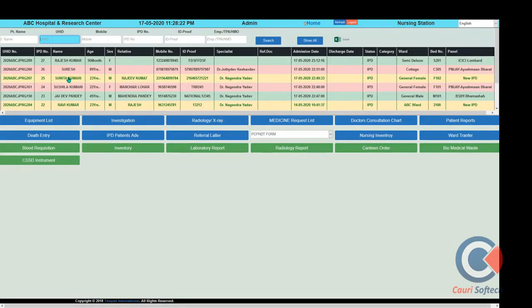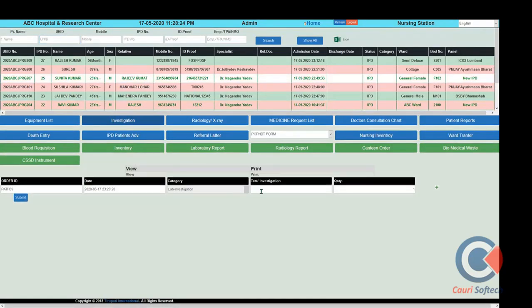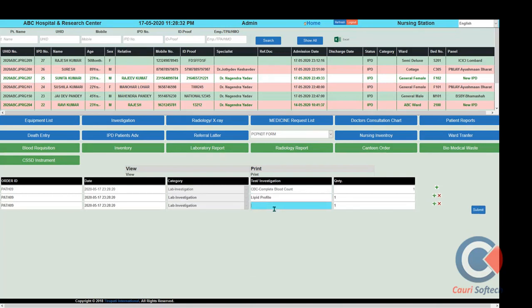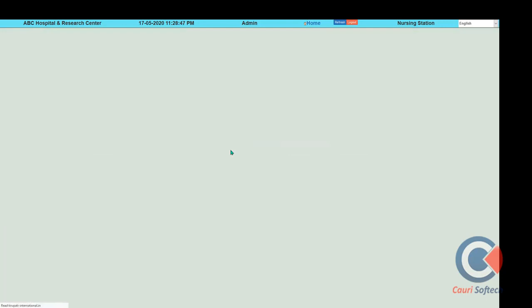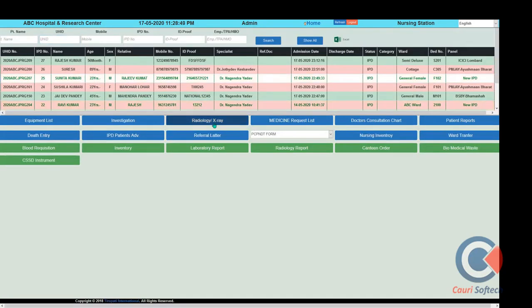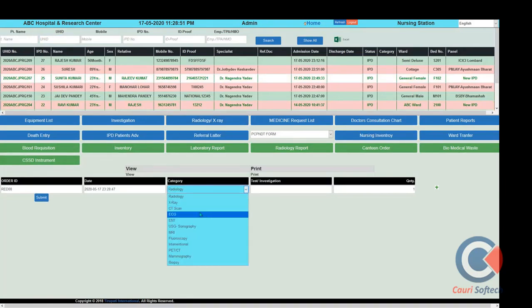This is the starting time we have put in. Meanwhile, if we want to make some investigation, the nurses can put the investigation billing. This information will go to the lab technician. So the lab technician also comes to the patient bed to collect the lab sample and generate a report for the same patient. In this way, lab investigations can be added at the nursing counter for a specified admitted patient. In the same way, we want to advise X-ray services.